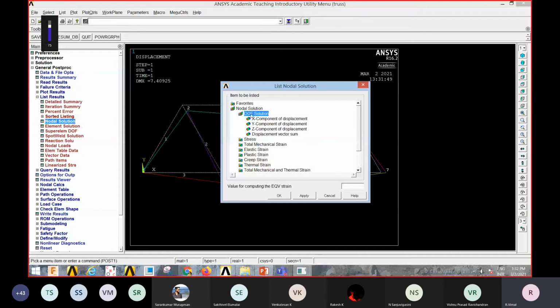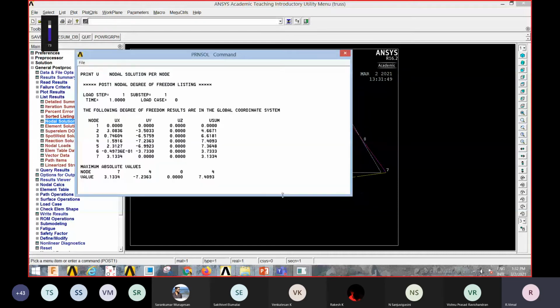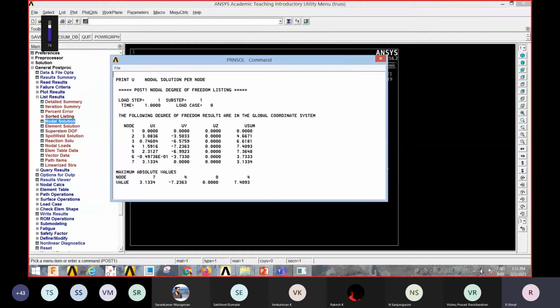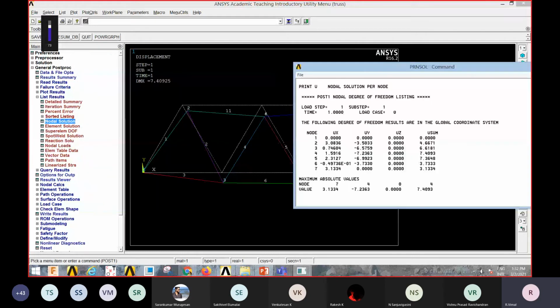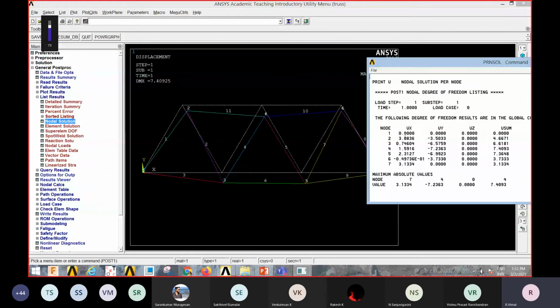Click on DOF solution, then click on displacement vector sum and click OK. This shows the deflection at each node. It shows to what extent point 2 has deviated from the reference. If you look at all the nodes, take point 1 for example,